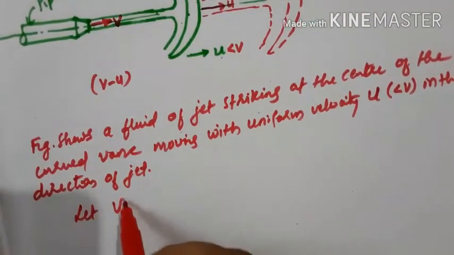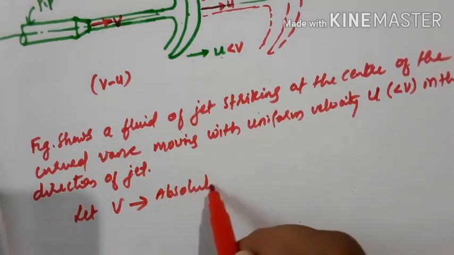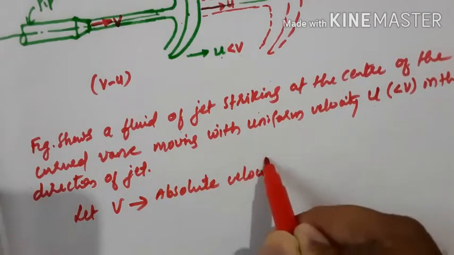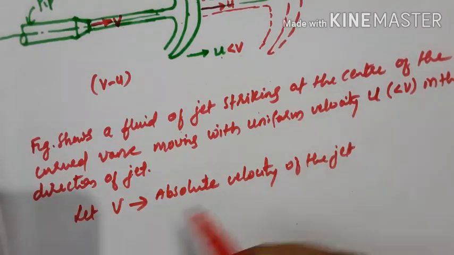Let v represent the absolute velocity of the jet,